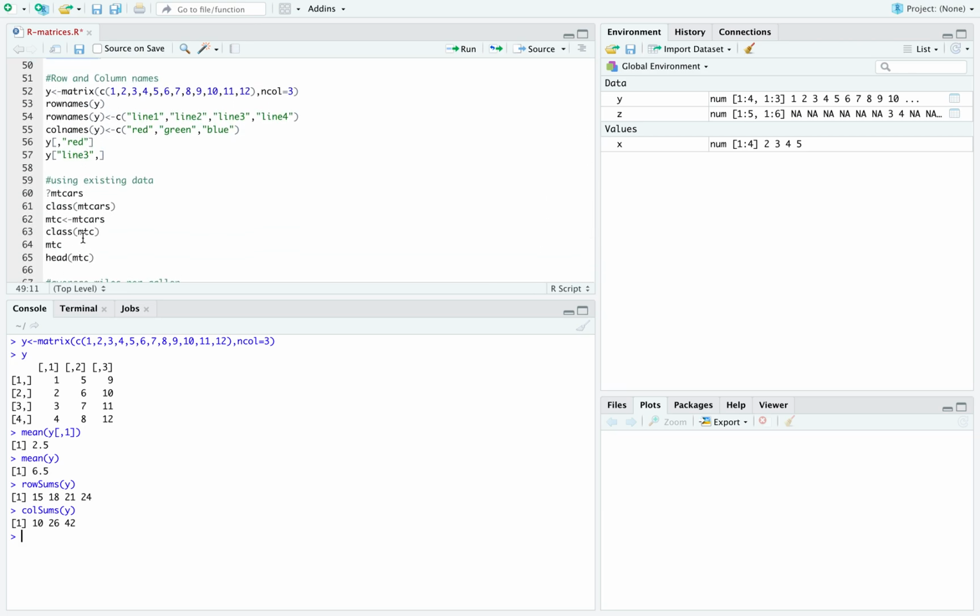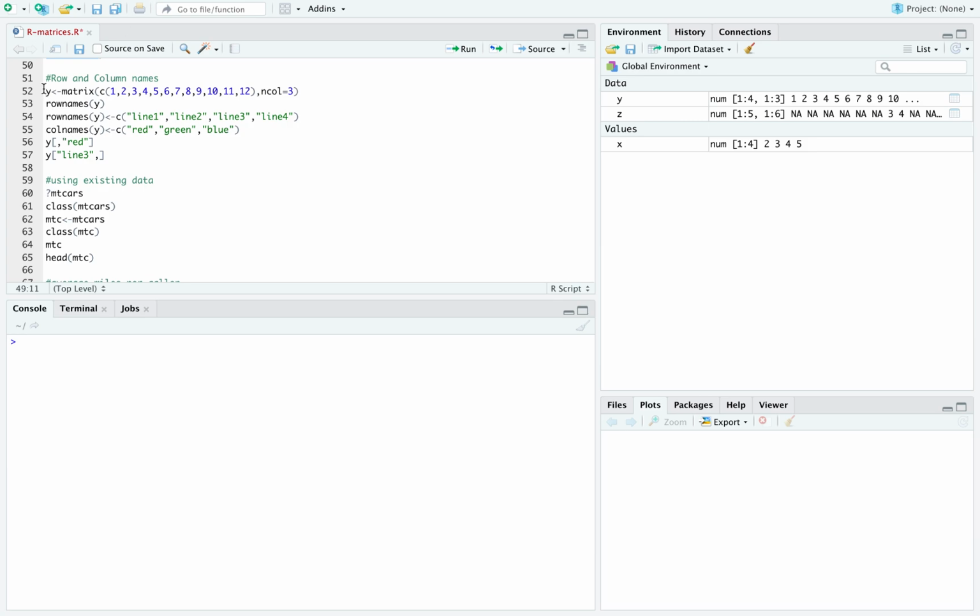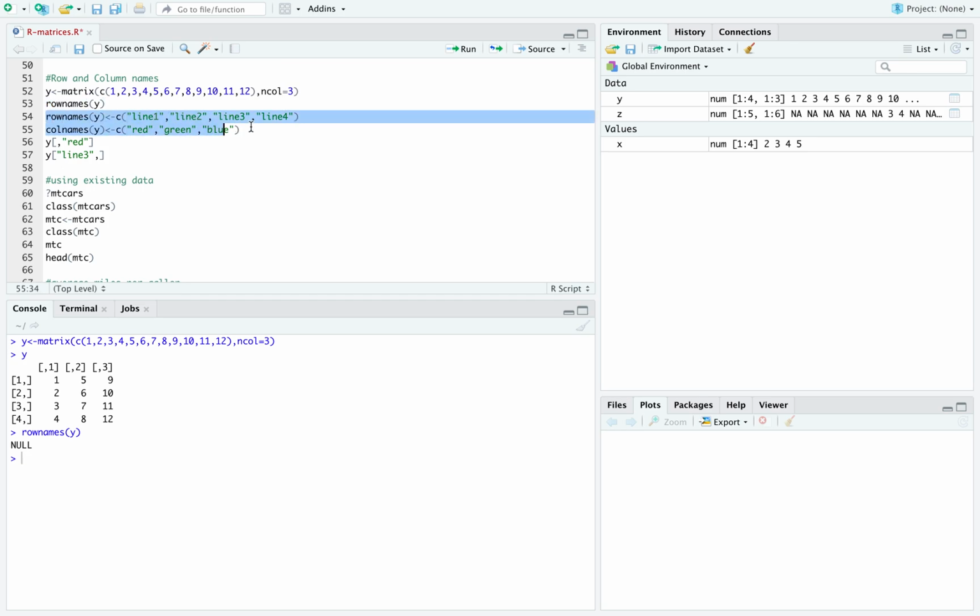One thing that can be a little bit hard to deal with when you start working with bigger hunks of data, which is the main use for R, is making your data mean something. If you're just having to work with column number 3 and row number 4, it can be a little confusing, hard to keep up with. Let's reset my matrix. There it is. If I ask what the row names are to begin with, I should get just an empty, yeah, there's nothing there. But I can set my row names